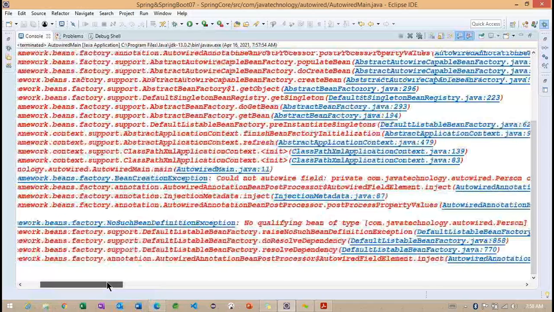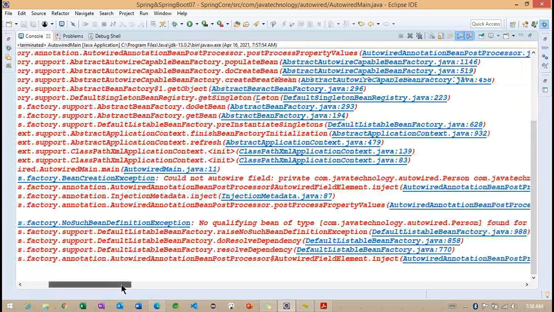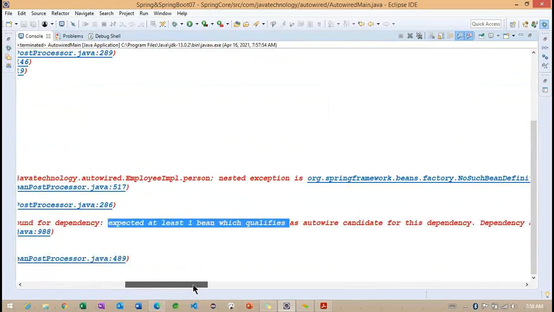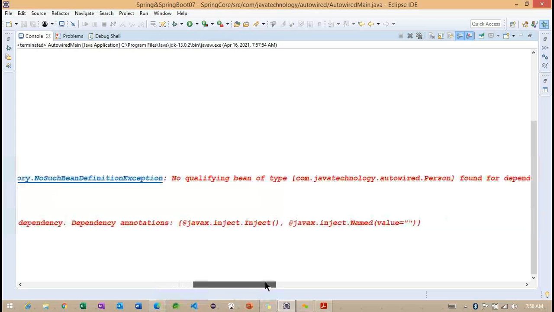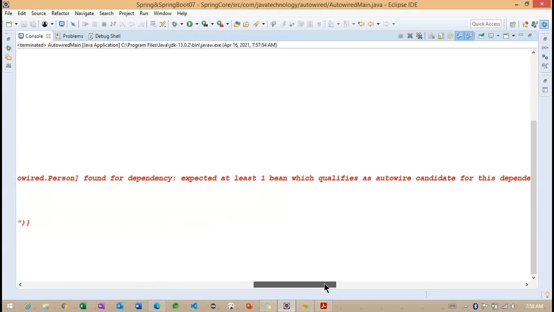Because of this, we are getting the no such bean definition exception here. Third, no qualifying bean type here, person, on the dependency, at least one bean which qualifies as an autowire candidate for this dependency.